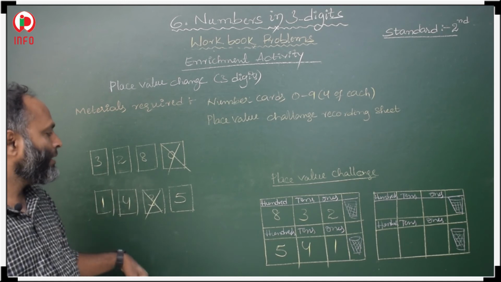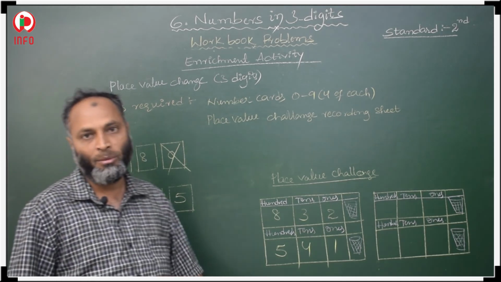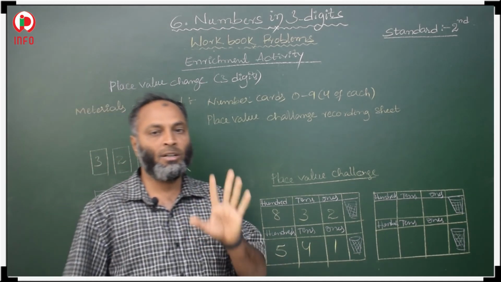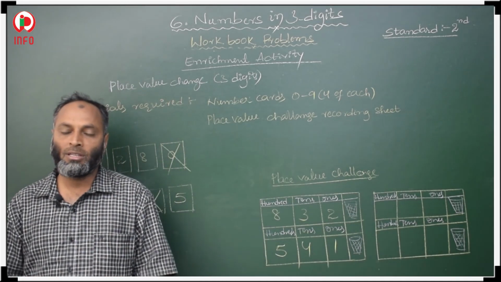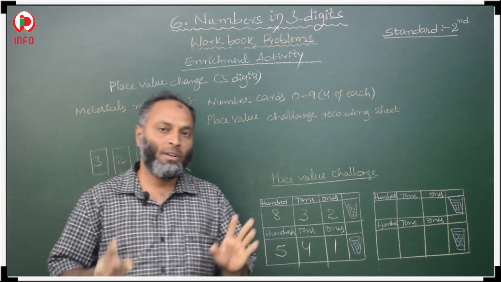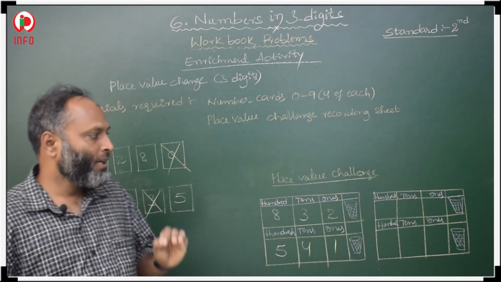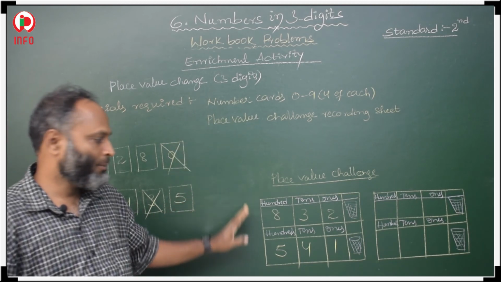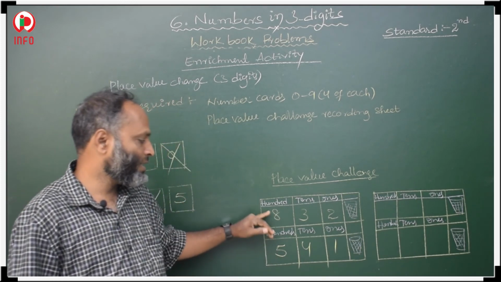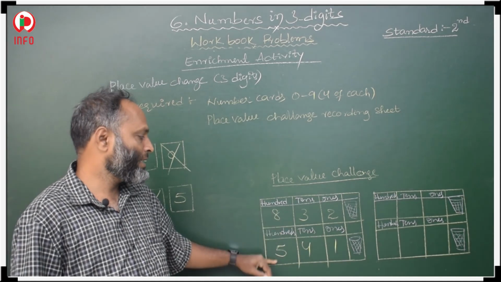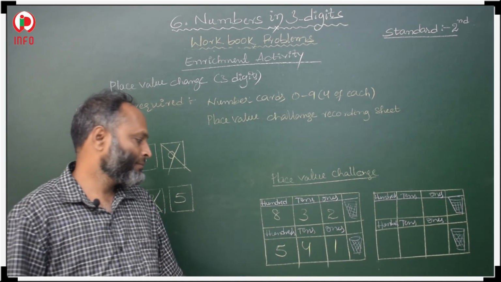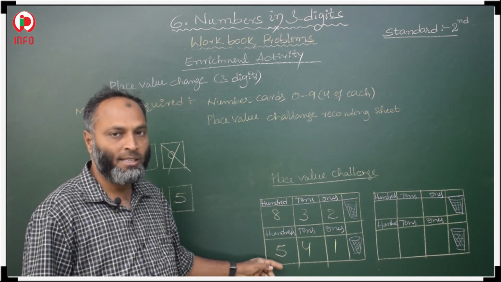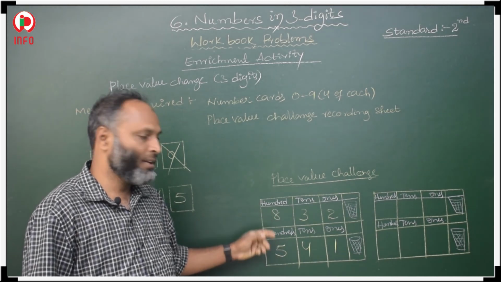And again in the third round you prepare one more, and fourth round, fifth round, sixth round. Total 6 rounds you have to do. How many rounds? 6 rounds. After doing 6 rounds, now you compare which one is the least among these. First these two numbers we prepared, and in these two numbers which one is the least? 832 and 541, 541 is the least. This is the smaller number and this is the bigger number.